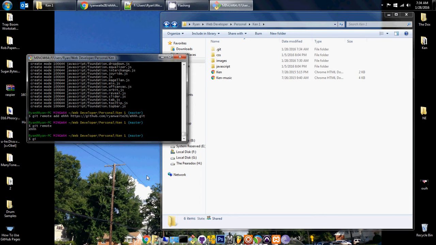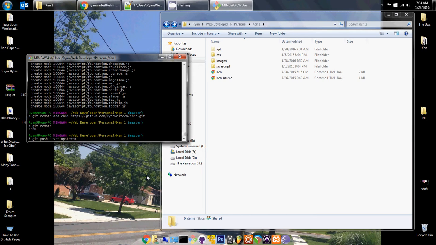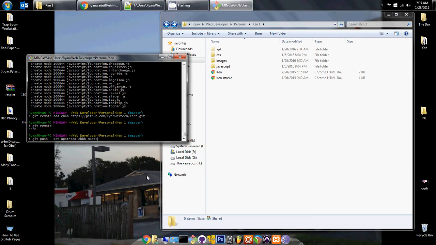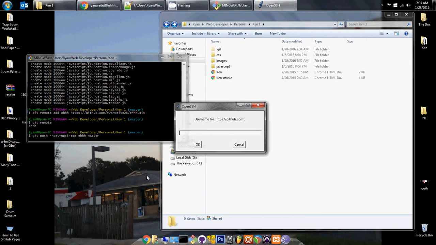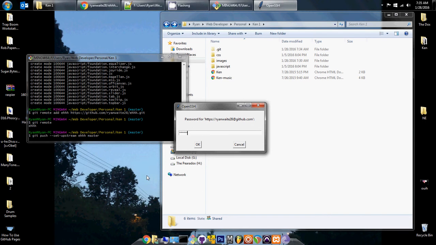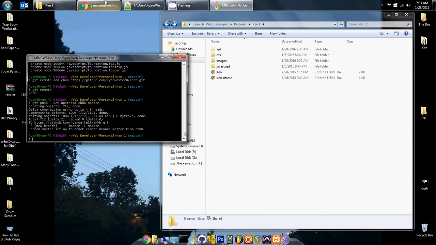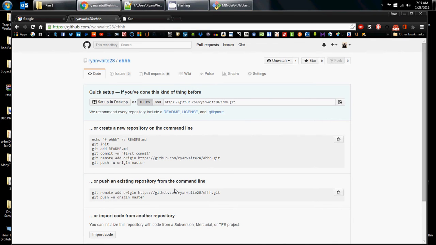Now all you have to do is use git push --set-upstream, the name of the online repository you're connected to, which is the repo, and then you push it to your master branch. It's going to ask for your login credentials. It's pushing, it finished pushing. So now this is what it looks like when there's nothing here, but it just finished pushing. So when you refresh it,